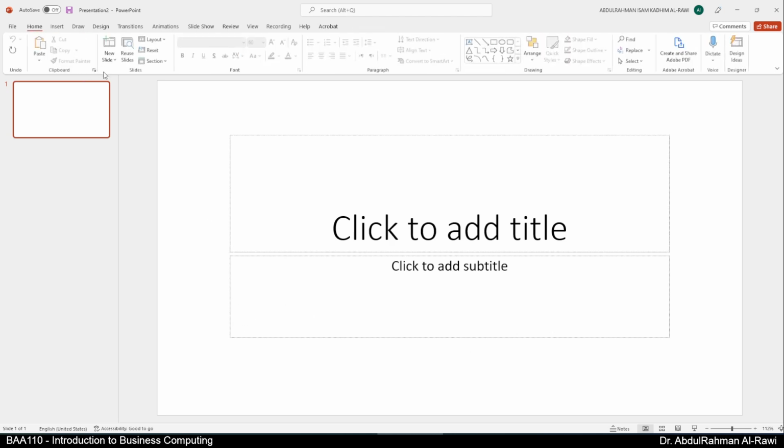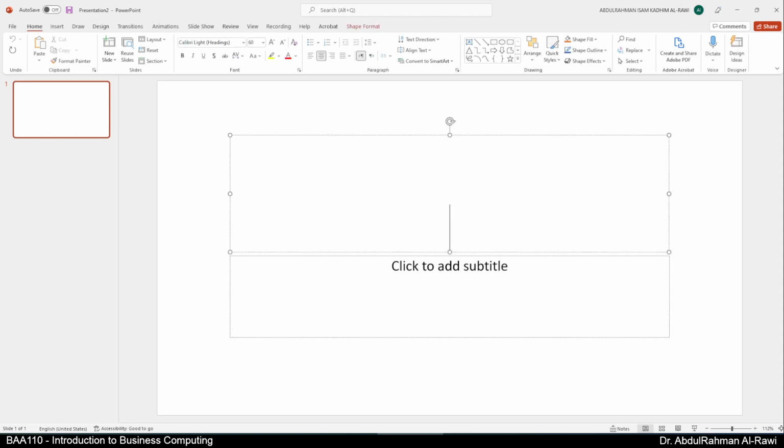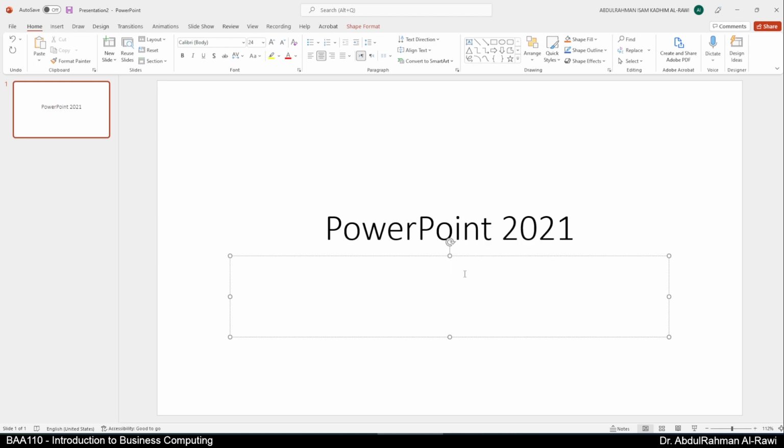The second thing that we need to know is that at the beginning we have one slide. The file is called a presentation, it's not a document. So this presentation automatically has one slide. This slide is a title slide. It has a title and subtitle placeholder. Now what placeholder means: when you click inside your placeholder, you can write your title as you can see here, for example, 2021. And when you click here, it's going to be, let's say, students